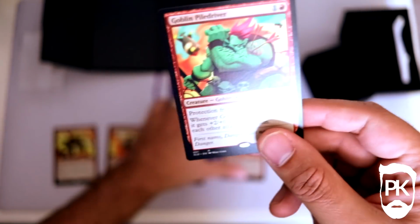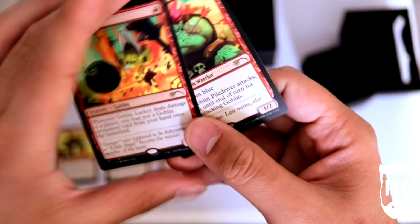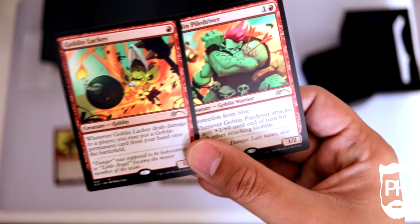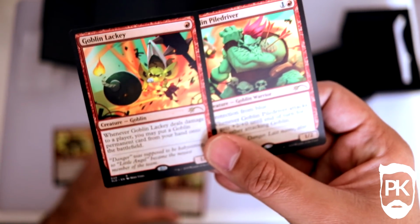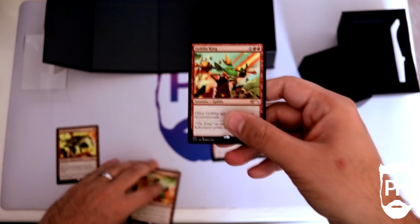But what I like about this is that it creates a panorama with Goblin Baby. Sorry, Goblin... I'm going to call it Goblin Baby forevermore, right? Look at that. And then I believe that continues across all the cards. So if we do this... Yeah, there's the beams and the barbed wire. And if we do this...